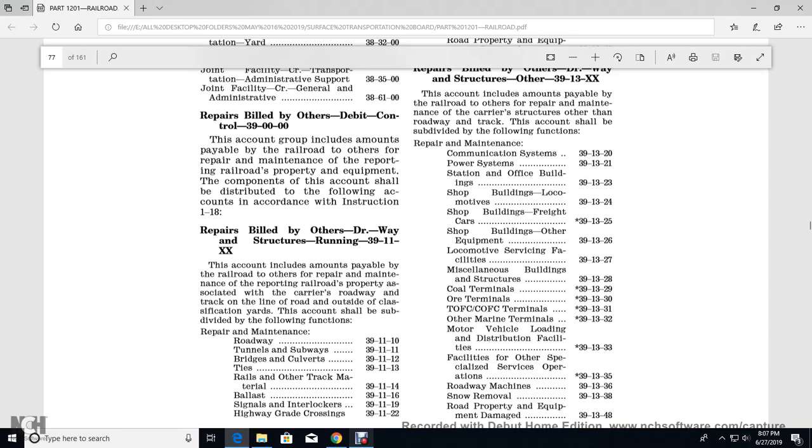Repairs billed other than debit, way and structure running, 3911 XX. The account includes the amounts payable to the railroad for repair and maintenance of the reporting railroad's properties assigned to the carrier, roadway, track, lane, line way, outside of the classification yards. The account should be